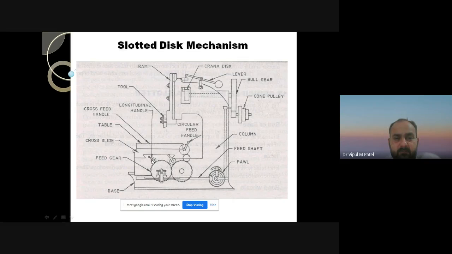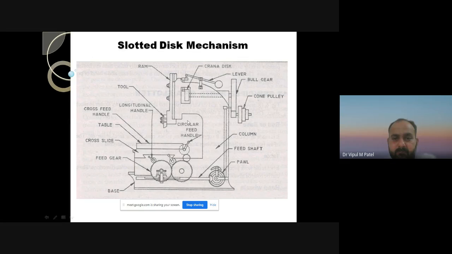Longitudinal handle: with the use of this longitudinal handle, we can give the longitudinal movement to the work table. This one is a cross feed handle, so we can give the cross feed to the workpiece with the use of this table. This one is a cross slide, and this one is a feed gear. This important component is also known as a circular feed handle.